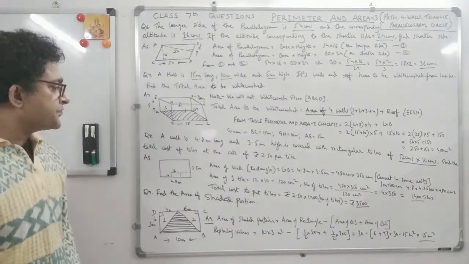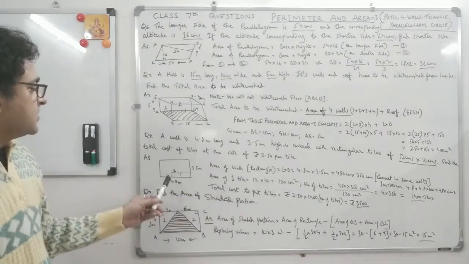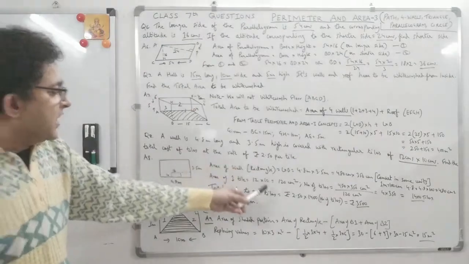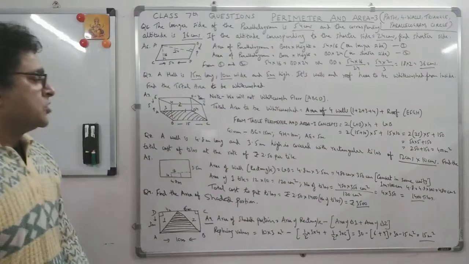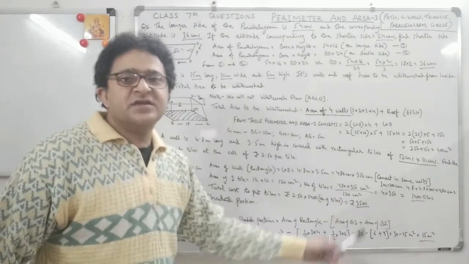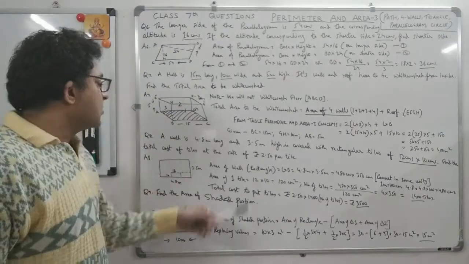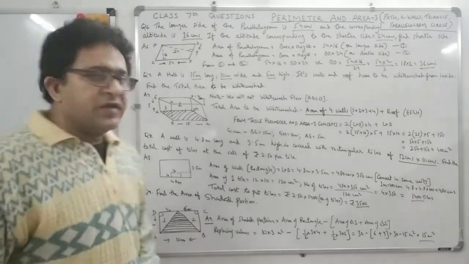Simple. Now total cost to put the tiles is 2.50 rupees, which was already given to you. And then how many tiles over there? 1400 tiles, right? So you just multiply, and this is 3500. This is the cost of putting the tiles inside the rectangular wall, right? I think these are not very difficult, very simple questions.